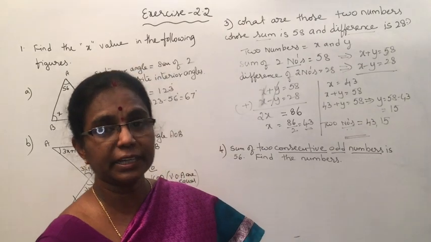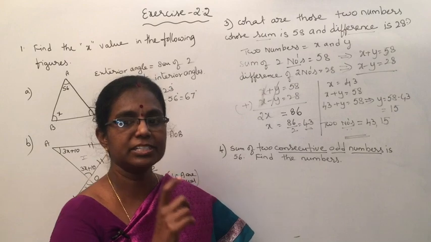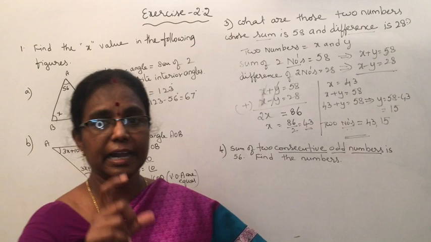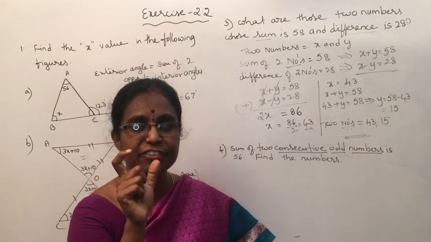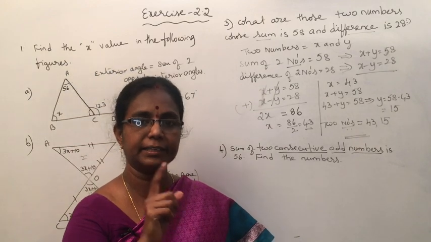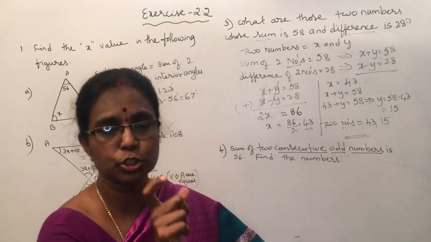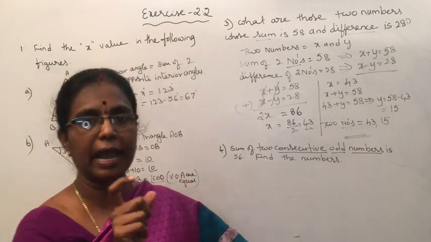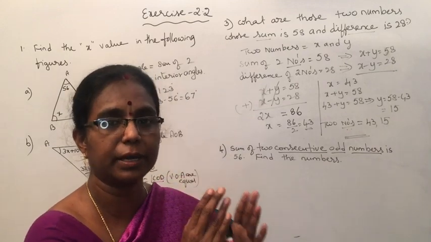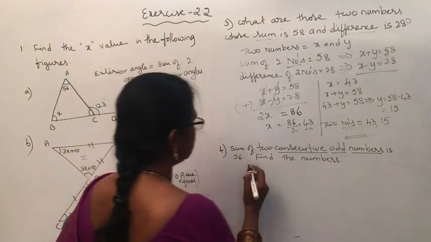Then in an algebraic equation we can say, if you don't know those odd numbers, then we can say the first one is x, the second one is x plus 2. Why? Because the difference between two consecutive odd numbers is always 2, because odd numbers are 1, 3, 5, 7. What is the difference between 1 and 3? 2. Then we have to add the next number. If you want the second odd number, you have to add 2 to the first number. Then you will get the continuation odd numbers. Now, two consecutive odd numbers.